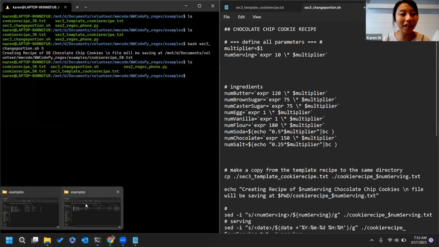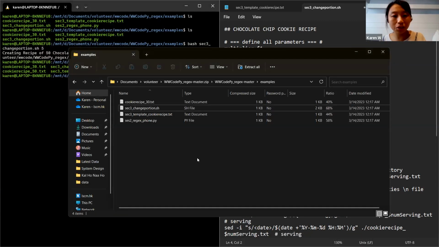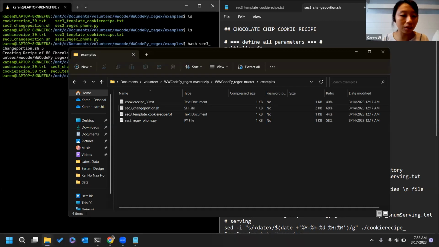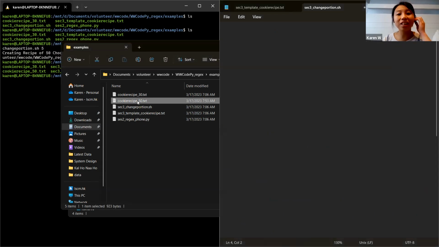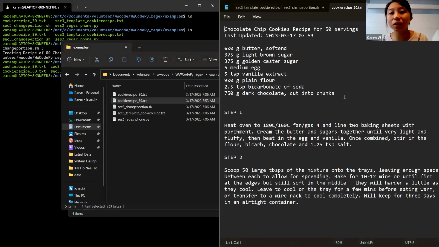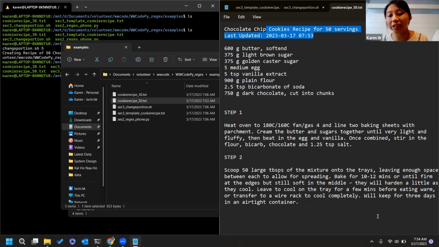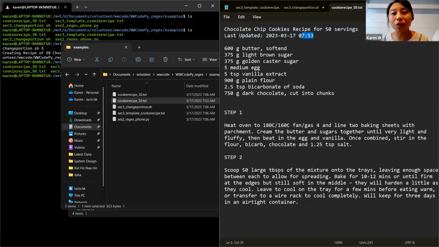See right now, we have 50 cookies. Let's see what I did. I created this on March 17, because this is Hong Kong time, so it's early in the morning.